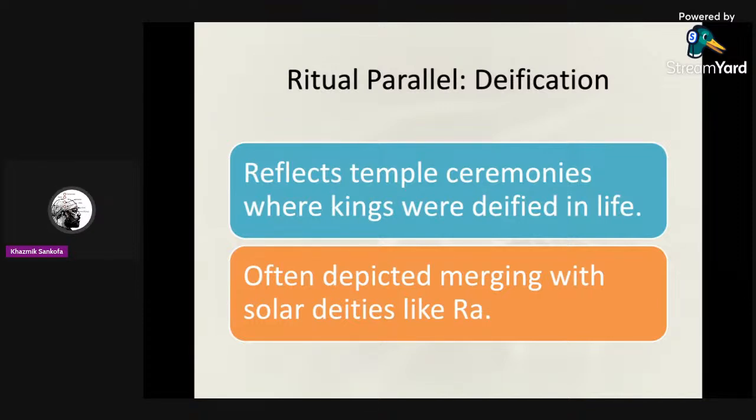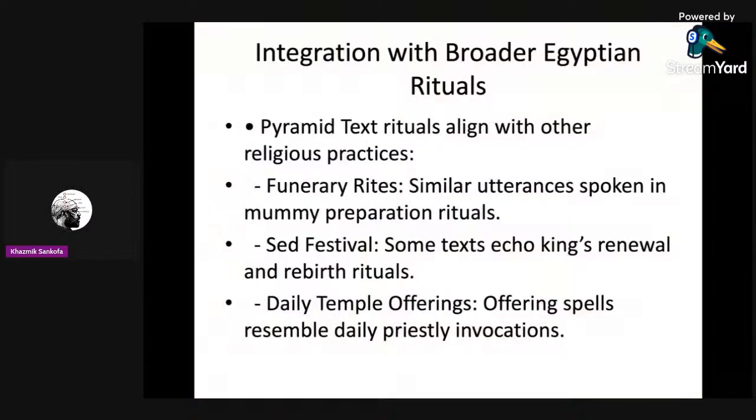So the rituals reflect the temple ceremonies where kings were deified in life, right? So now if we also understand the temple, not the pyramid, but the temple, to be a place of initiation, if you just replace the word king with initiates, initiates were deified in life. Because another thing that was common in ancient Egypt is every city had an Akh, or an effective being, somebody who's been through initiation, right? Initiation is key here, initiating you into dying and rising again, or a dying and rising god.